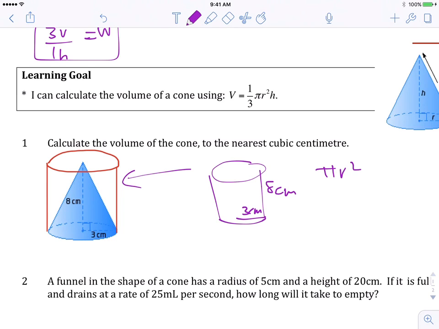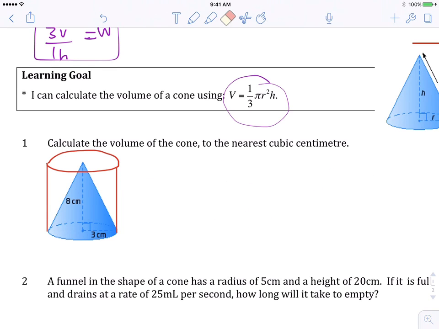So pi r squared is the area of the circle at the bottom, times the height, which is 8. But in this case, because it's a cone, it's 1/3 of that volume. So it's 1/3 pi r squared h. And that's how we get our formula. Okay? So now that you're armed with that intelligence,